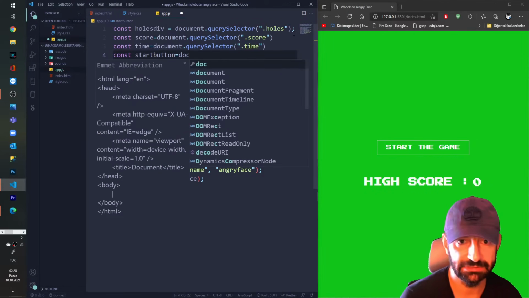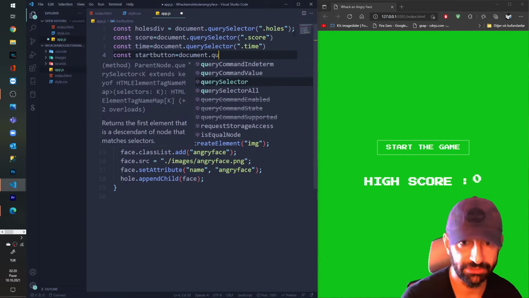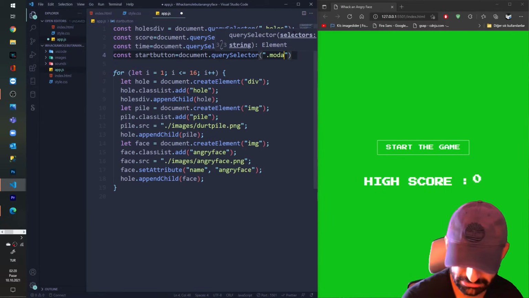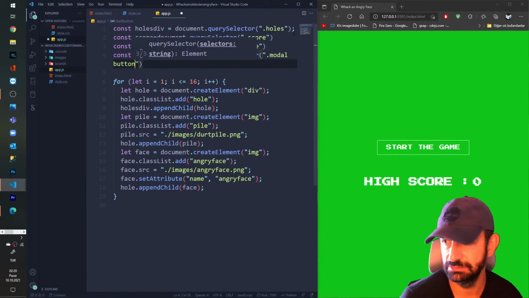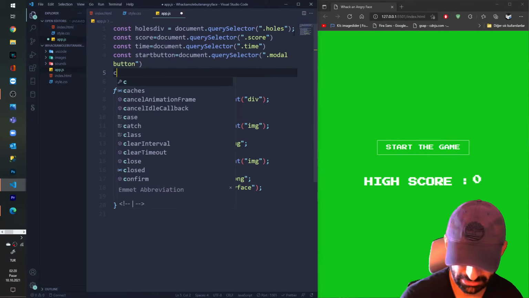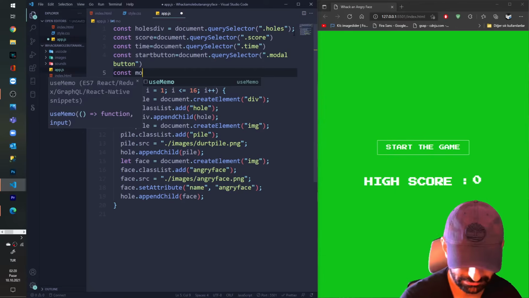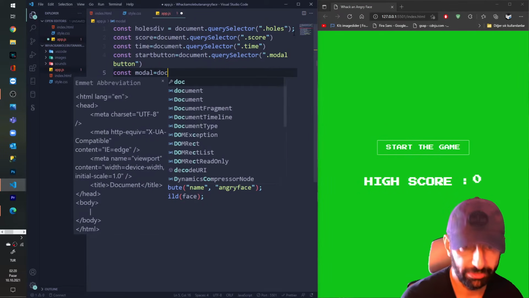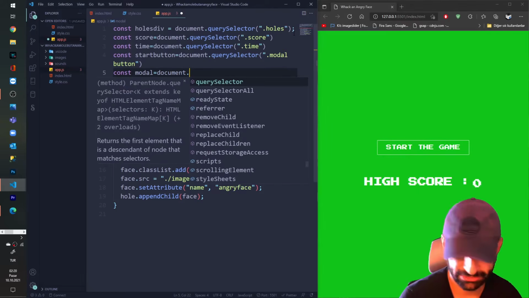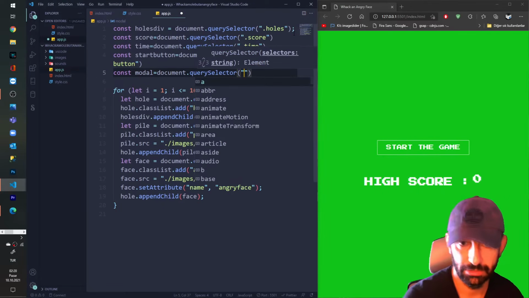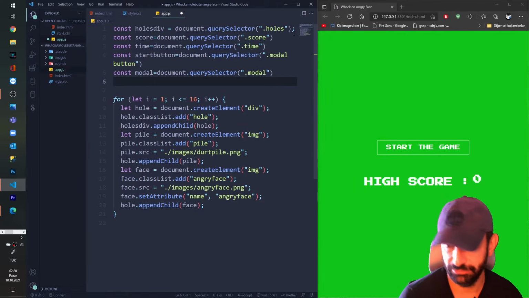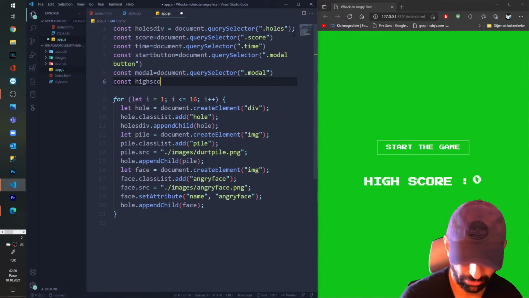Okay, document dot query selector, and I say dot model button. After that, I'm grabbing start button model. Document dot query selector model class, and I'm grabbing hash score const high score.